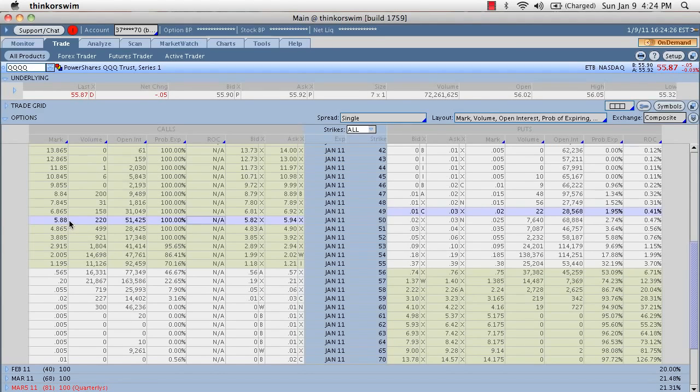Now another good way to hedge this position would be to buy the corresponding strike put for these Qs. So you're long a 50 strike call, but you would buy a 50 strike put on the Qs as well. Now again, this is going to be a real cheap way to hedge and protect your profits. Now I have to note and make a comment here that you're not going to make dollar for dollar what you would make